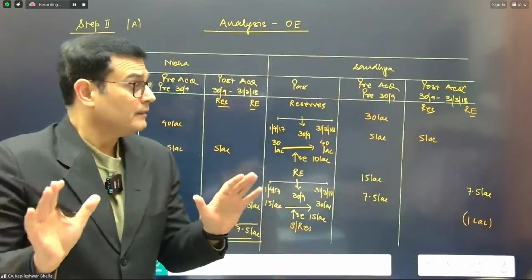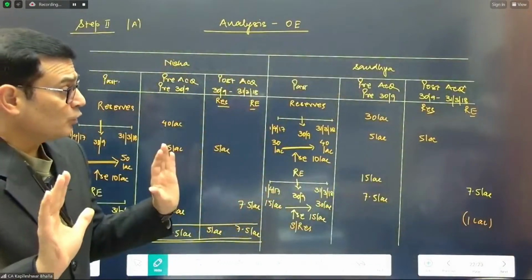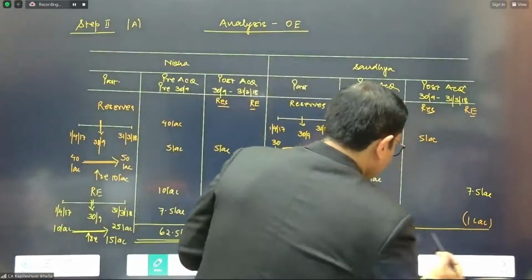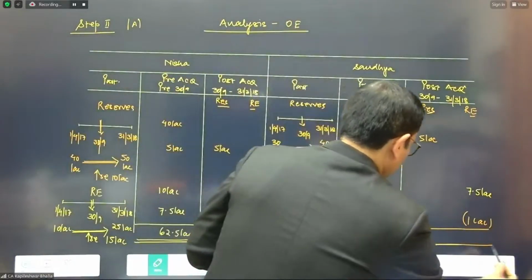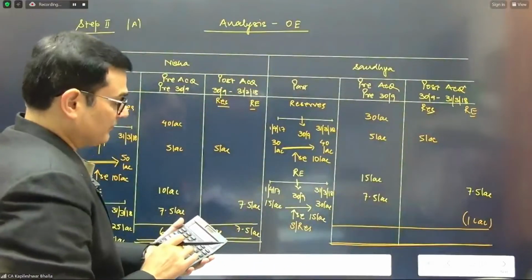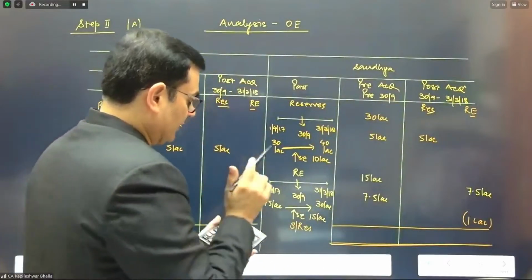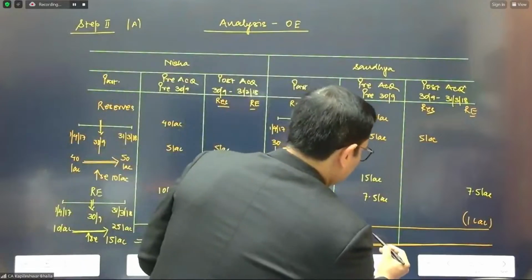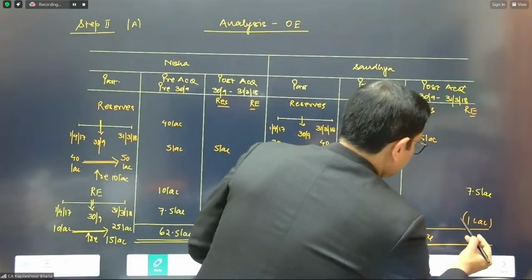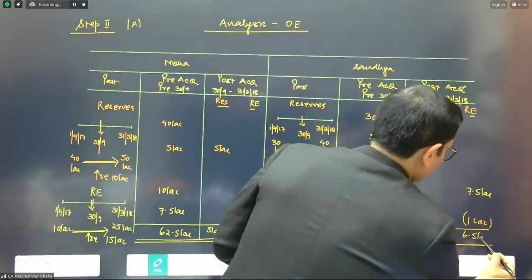And I think that's it. Nothing else is given. No fair value adjustments are given. So we get the position of pre and the post-acquisitions as well. So let's see the total. This is 35 and 22.5. This works out at 57.5. And this will be 5 lakhs separately and 6.5 lakhs separately.